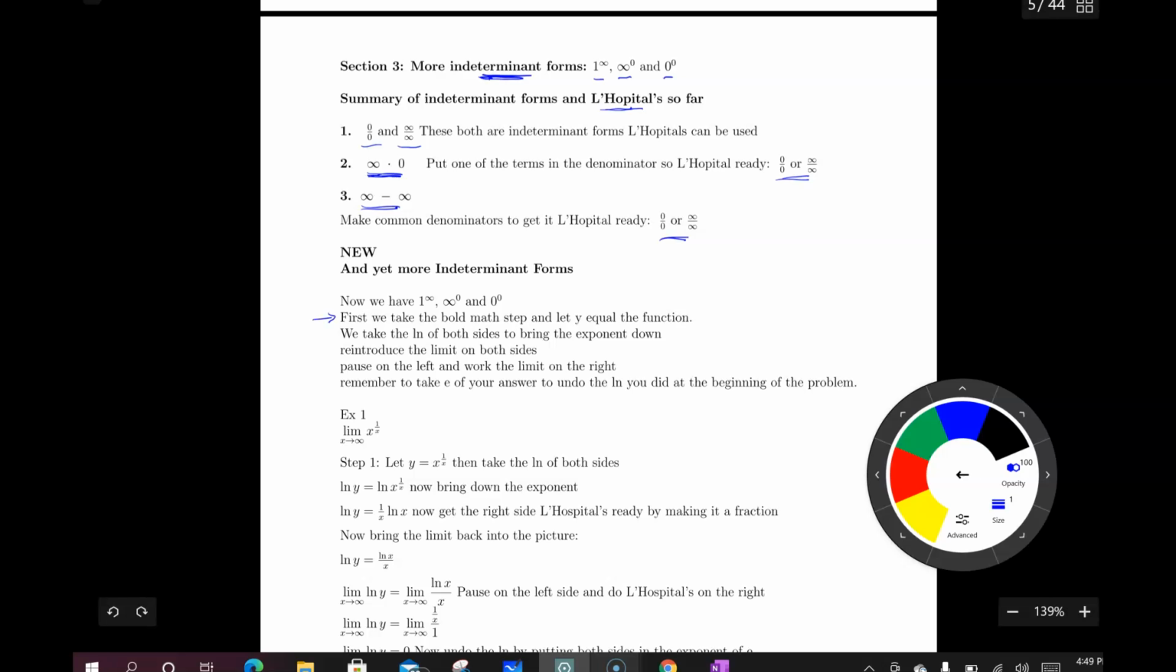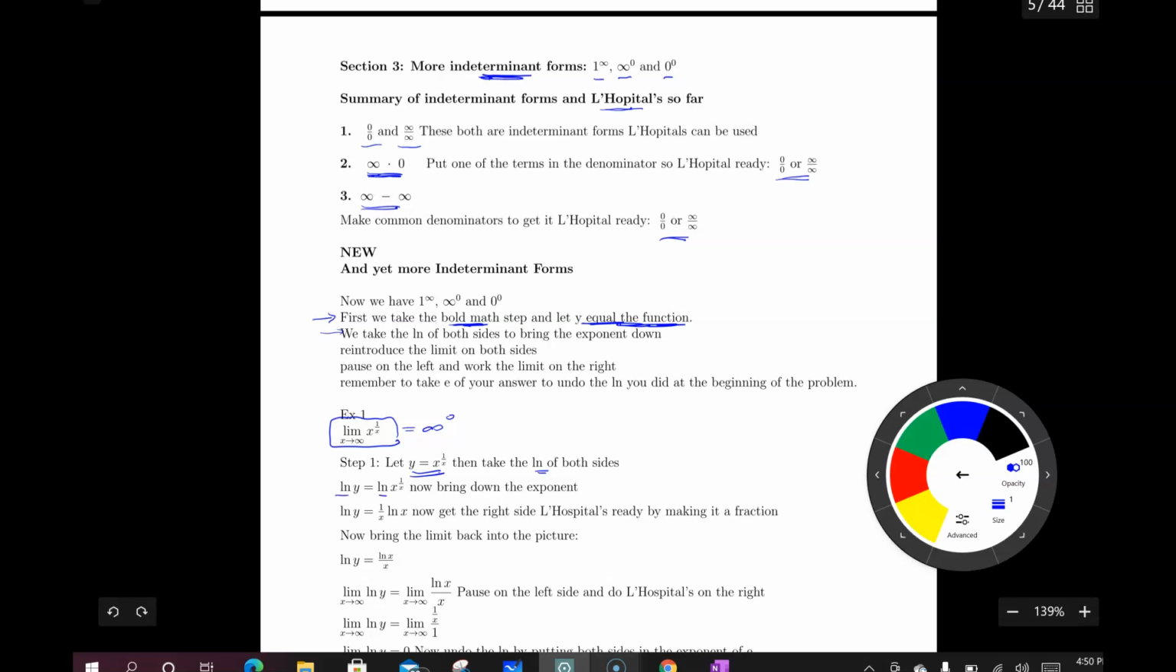All right, so the first step is we're going to take the bold math step and let y equal the function. So here we have a limit. Our first step, and I'll walk through the steps while going through this example: I'm going to let y equal x to the 1 over x. Oh, I guess I should have shown you, when I plug in infinity, I get infinity to the 0. Okay, so here goes. Let y equal the function,